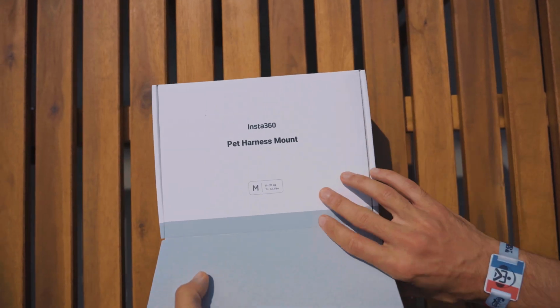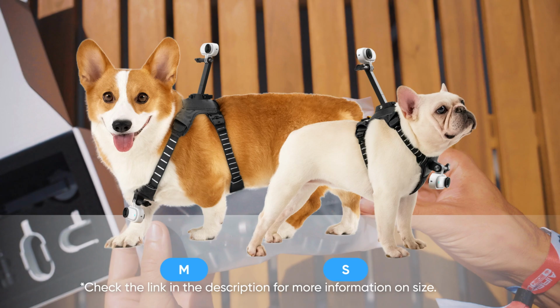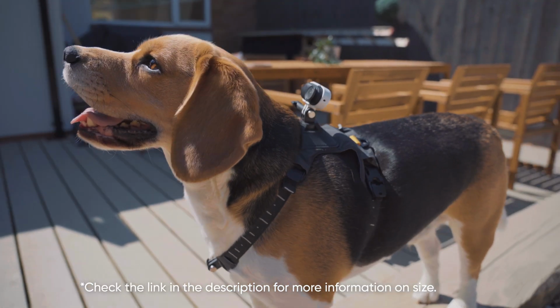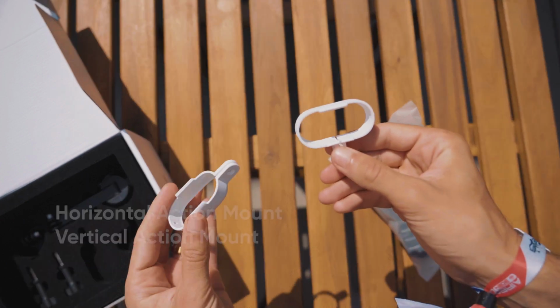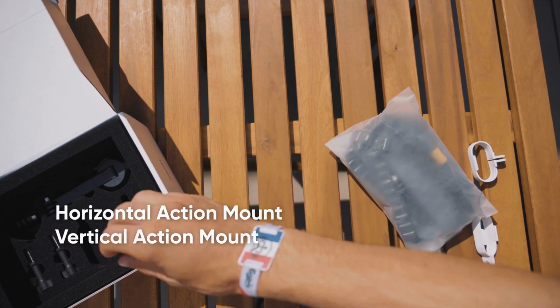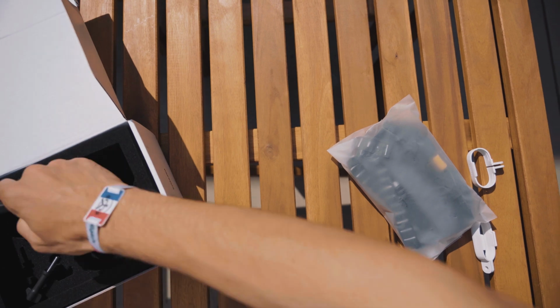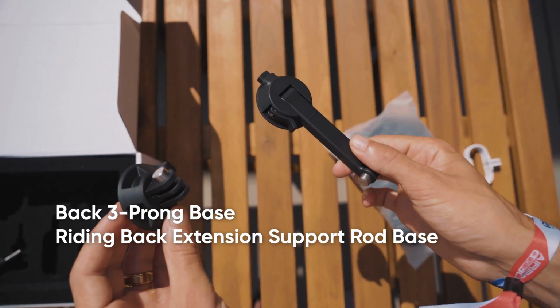The pet harness box includes a harness available in various sizes to fit your pet, as shown on the chart. This harness is suitable for both dogs and cats. It also includes the horizontal and vertical action mounts to make sure your Go 3 or your Go 3S is safe and protected on your pet. There is also a 3-prong base and an extension support rod base, allowing you to capture different angles when recording